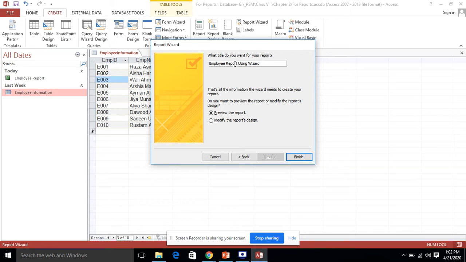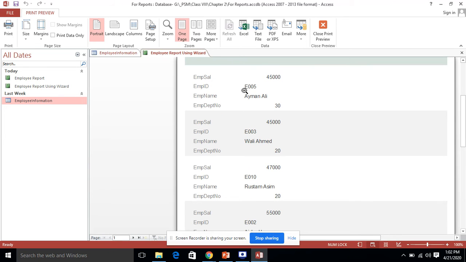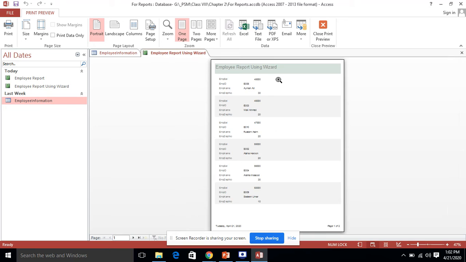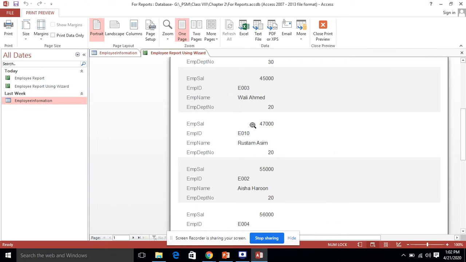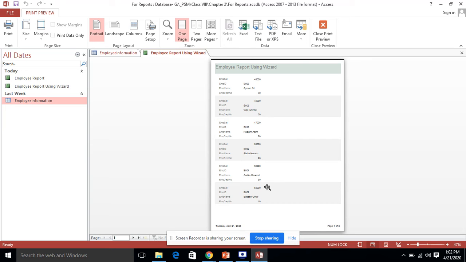Employee report using wizard. Okay, then we will finish. The report will be generated. Now you can see that employee salary is an option which is coming. The report contains the data for each employee, and the data is sorted by the salary: 45,000, then 45,000, then 55, 47,000, 55,000. Because we had applied the option, if you remember, we had applied the option